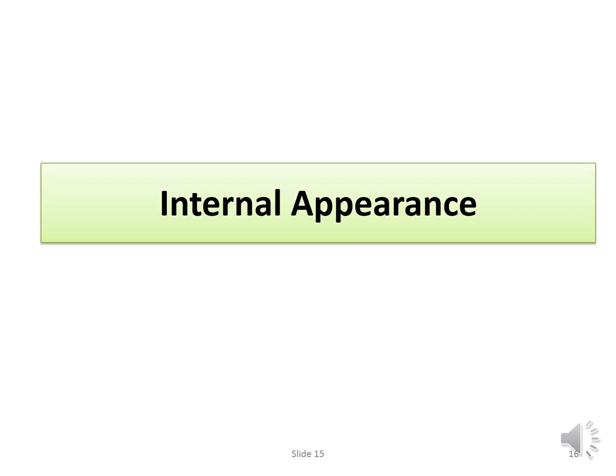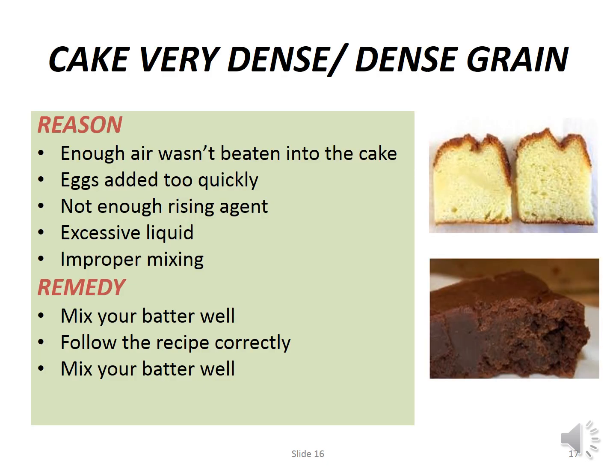There are certain faults which you cannot see from the outside, but when you cut the slice of the cake, then you find that the internal appearance of the cake is not good. Such kind of cake is very dense inside. Grain is dense. Maybe because enough air was not beaten up into the cake, or eggs were added too quickly. They were not added one by one and then beaten, or leavening agent, its amount is not as per given in the formula,